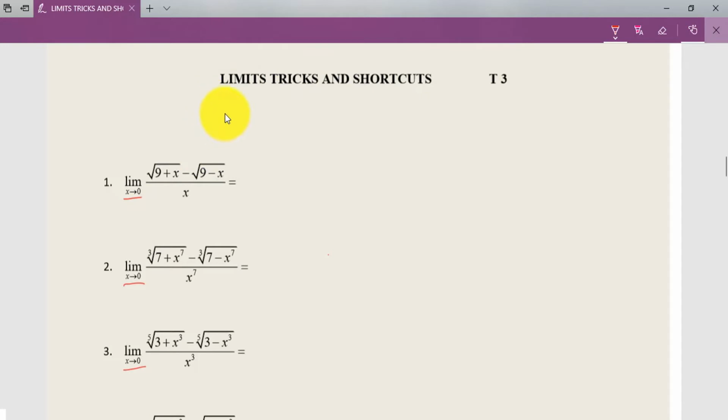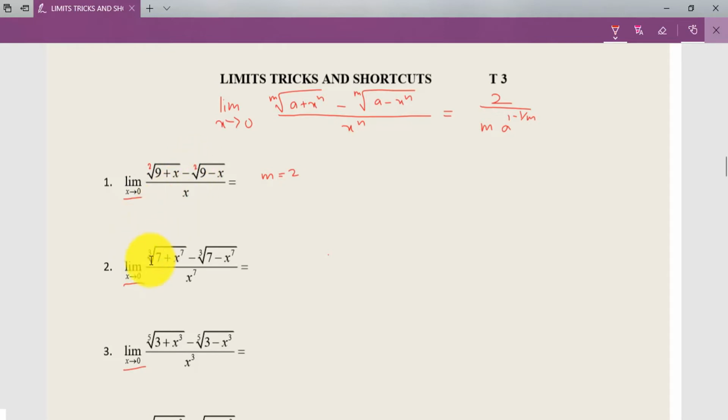So here it is always the limit of x tends to 0 of the mth root of a plus x raised to n, minus the mth root of a minus x raised to n, the whole divided by x power n, and the output is, you should simply write, 2 divided by m a power 1 minus 1 by m. Now see here in this problem the value of m is equal to 2, because here it is already 2.